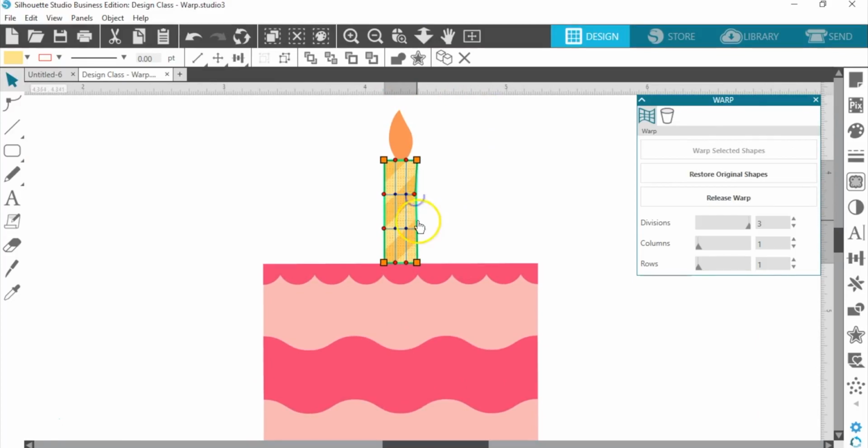So I'm just dragging these little red dots. You can see how that shape just kind of curves. And I'm going to pull up one corner and just kind of make that all a little more smooth. Okay, so that looks good for the candle.